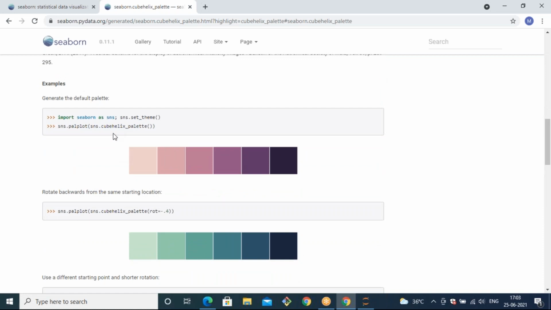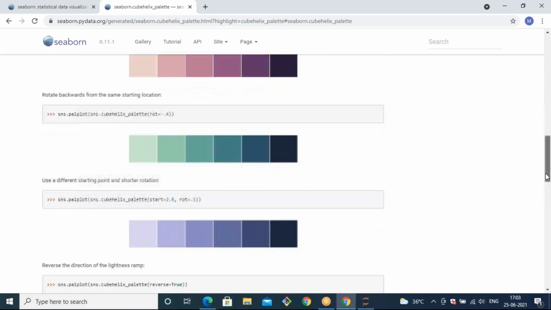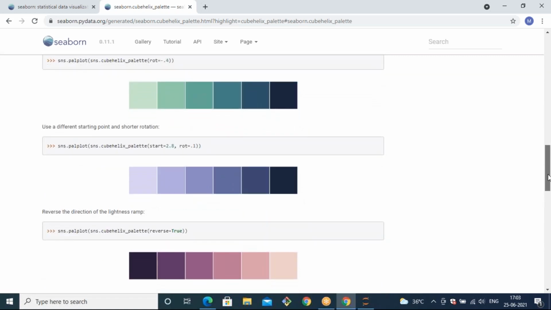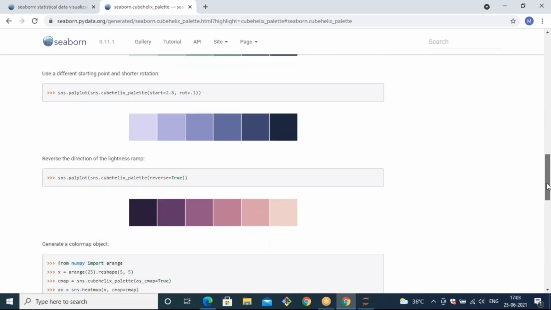The cube helix system by default generates colors with a purple color combination, purple to navy blue. Basically at the starting it will generate a low intensity, at the ending it will generate high intensity of the color. And you might already have observed we applied a start parameter in the color palette. So here also we have a parameter like start, and we already applied reverse also.